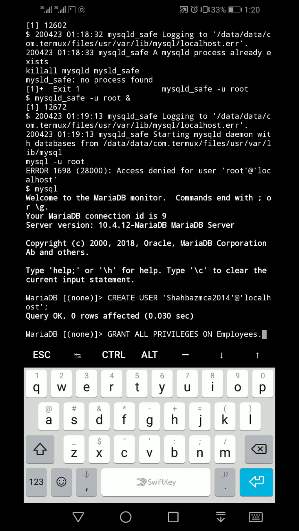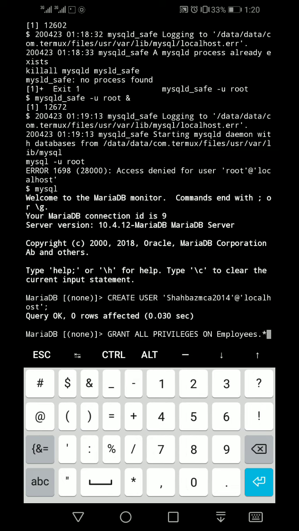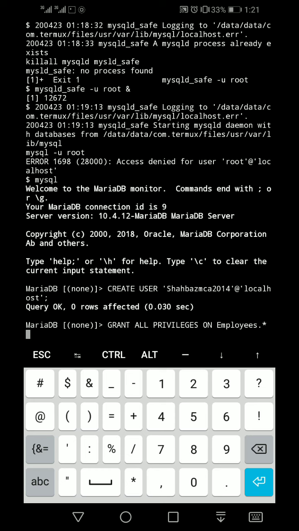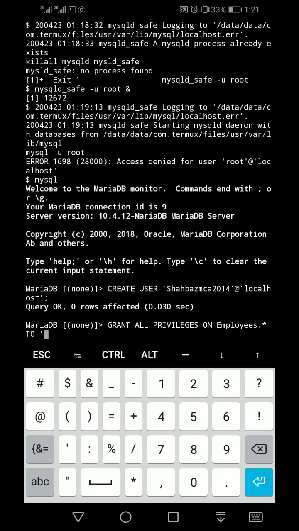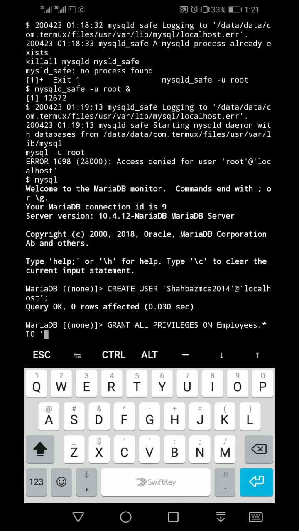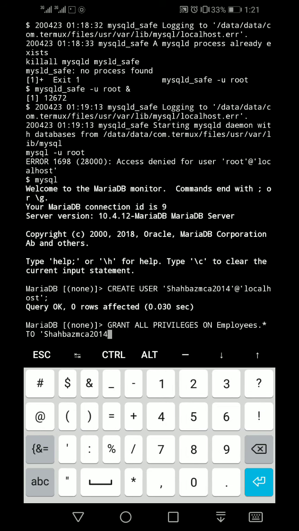Then put a star, space, to, and the username is there. You can see ShahbazMCA2014, S in capital and the rest small. It must follow capital or small letters. It is a case sensitive username or database name.